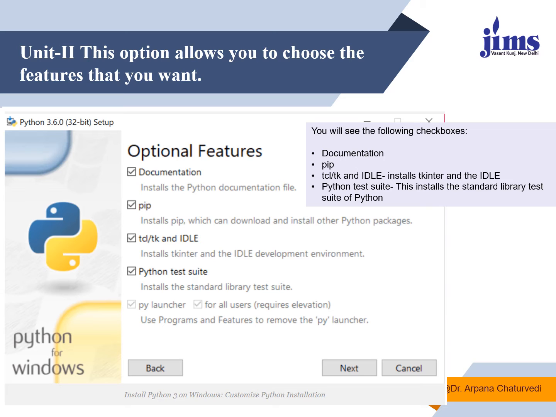Nowadays PIP comes built in when you install Python, so you have to check all these options: documentation, PIP, then IDLE, the integrated development and learning environment, Python test suite, and go to next.